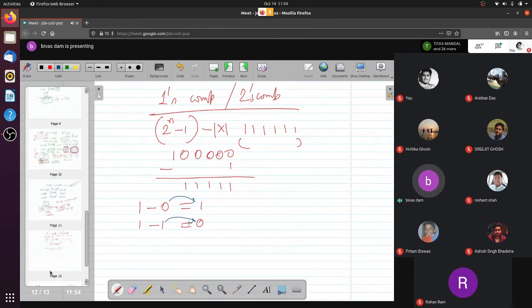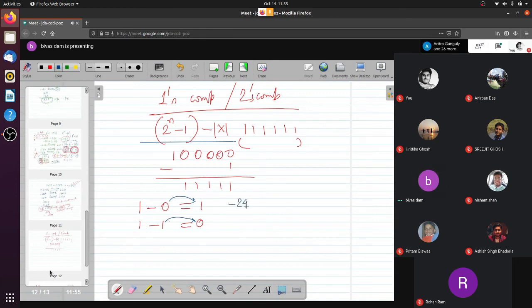That means absolutely no arithmetic operation is needed for finding the transformation. Simply bit-by-bit complementation. No subtraction operation will be required while generating this 2 to the power n minus 1 minus mod x. Simply replace each bit of the magnitude of x by its complement bit. So for example, if I have a minus